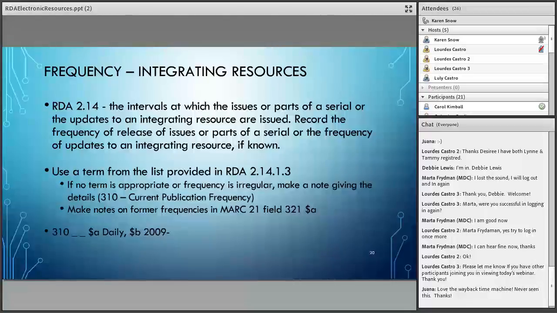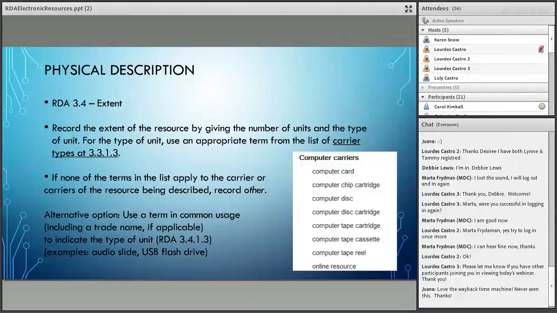This website is primarily, sorry I forgot to mention this at the beginning, just writings like blogs and such by people who like Twilight and so forth. So presumably this is updated on a daily basis, so I just put daily, 2009 and so forth, which I'll show you in the final version of our record. Okay, so now physical description.